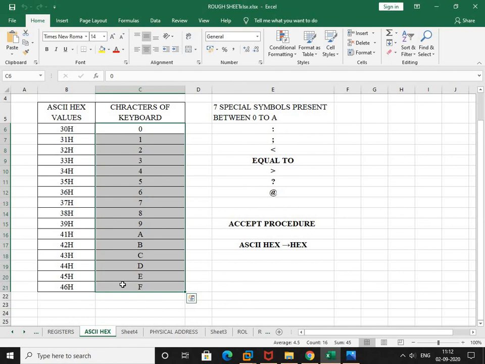Since we are going to work on hexadecimal numbers, it lies between 0 to 9 and capital A to capital F. So for 0 we have 30H, for 1 we have 31H, for 2 we have 32H, for 3 we have 33H, capital A we have 41H, capital B we have 42H, capital F we have 46H.